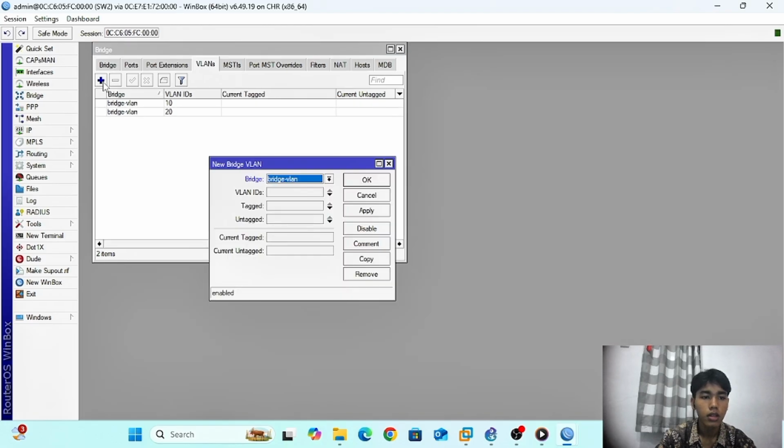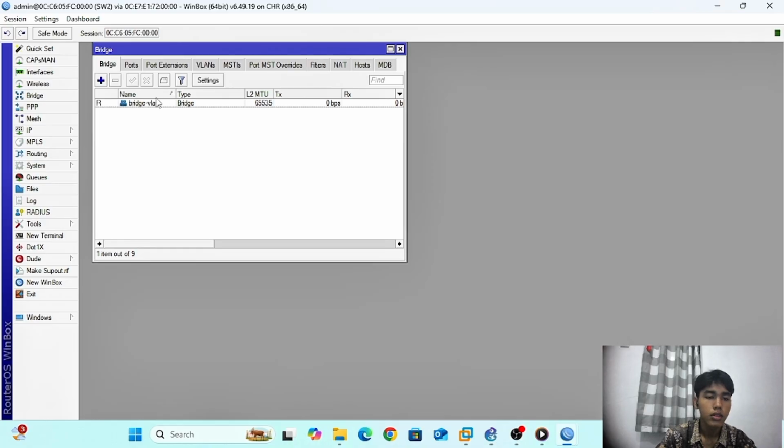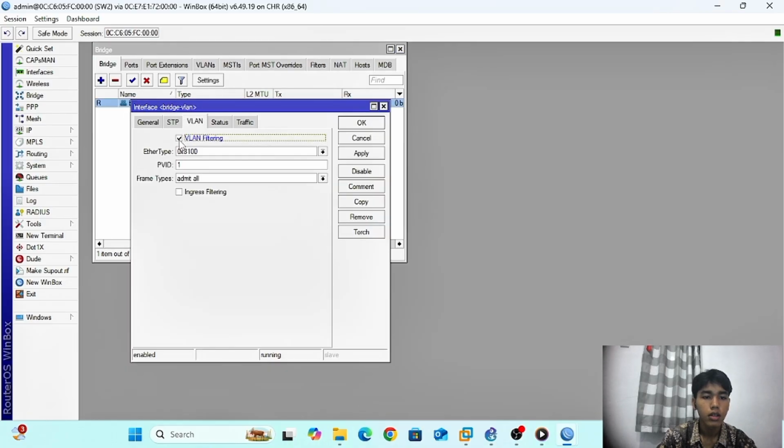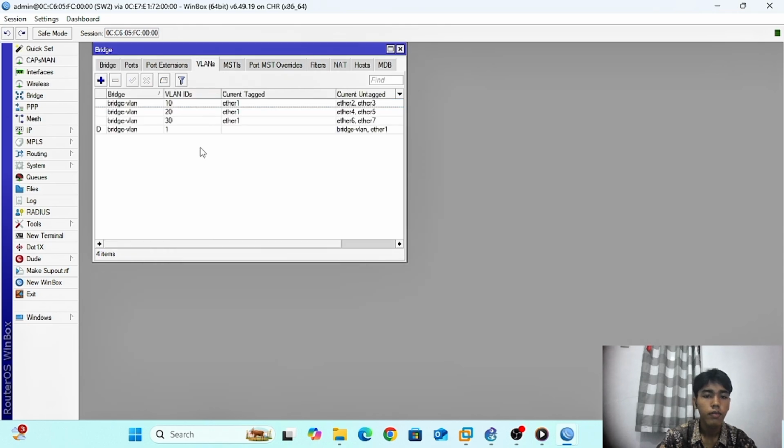Next, VLAN ID 310, trunking tagged ether 1, untagged ether 6 and ether 7. Last, bridging VLAN filtering, enable.